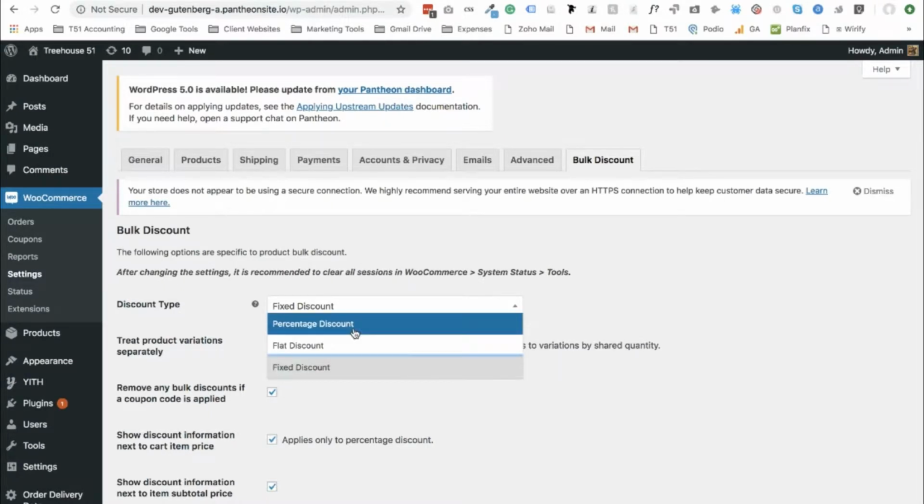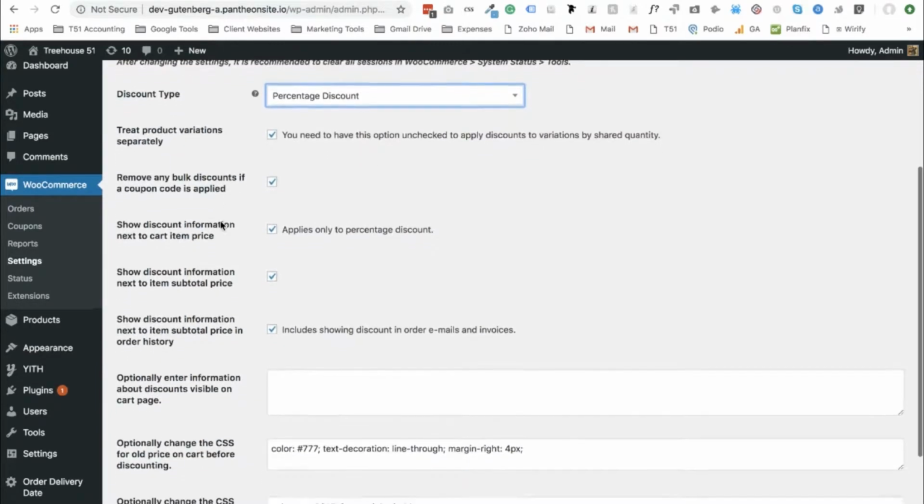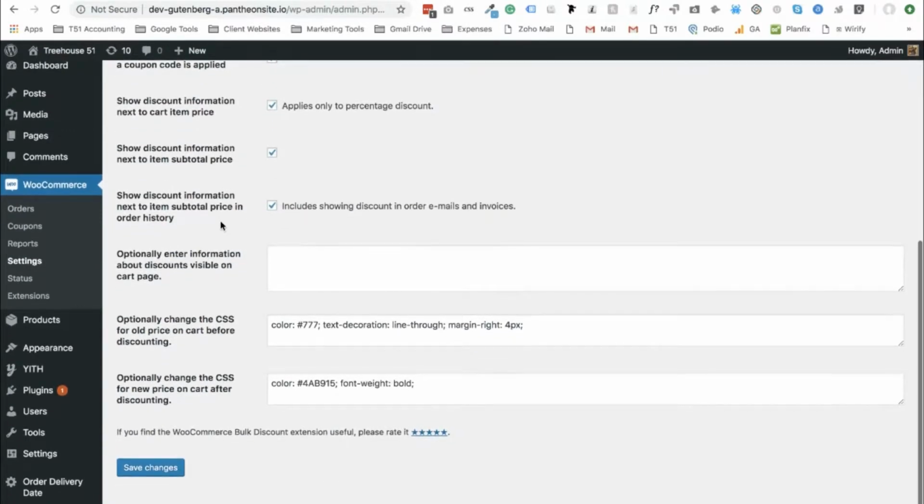So for us, we're going to do a percentage discount. If you want to change any of these settings, you can. I don't really think you need to. I think the out-of-the-box solutions are perfectly fine and work pretty well. So after you go through this, make sure to select Save Changes,